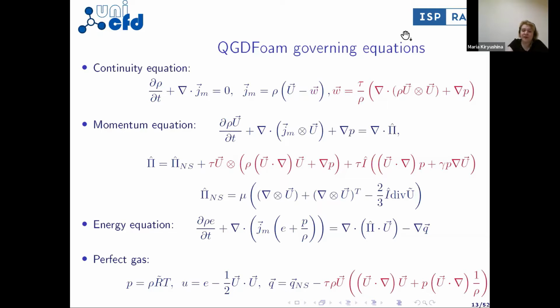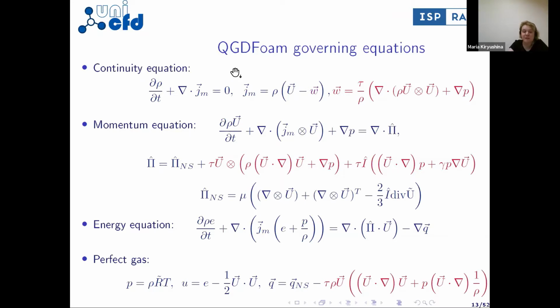As a result, the smoothed system differs from the Navier-Stokes system by additional dissipative terms, proportional to parameter tau. The smoothed system of gas dynamic equations comprises continuity equation, momentum equation, and energy equation with a regularized mass flux Gm,